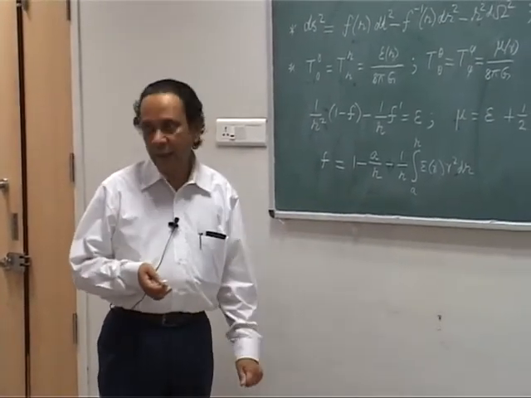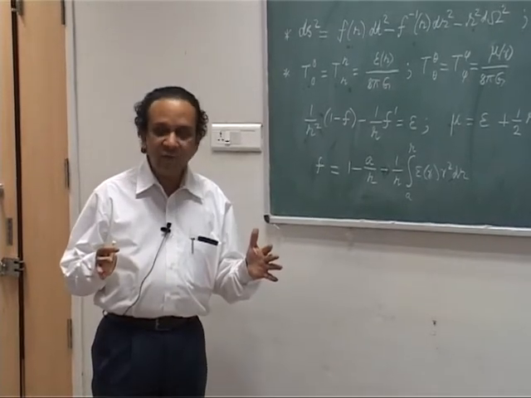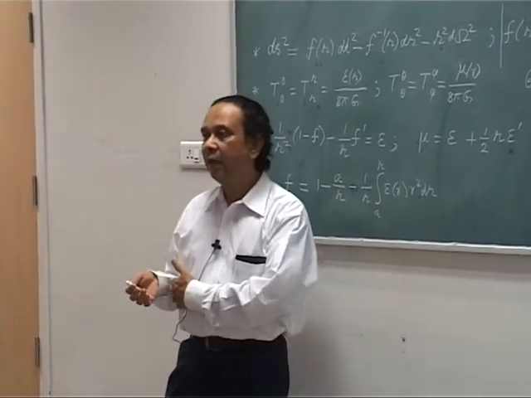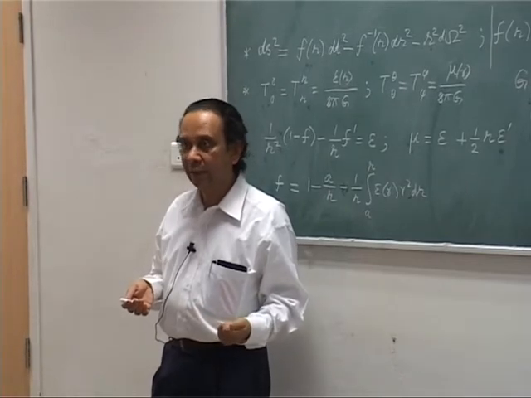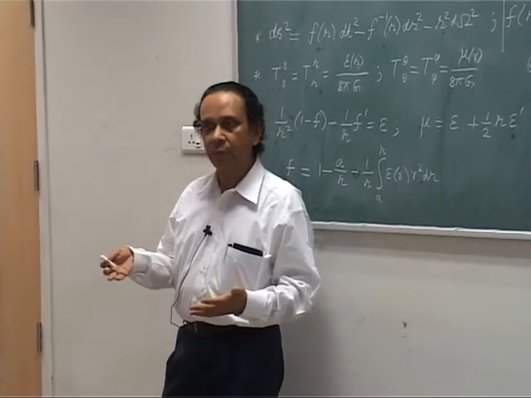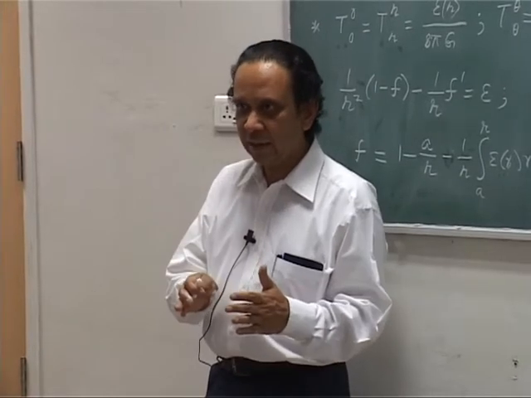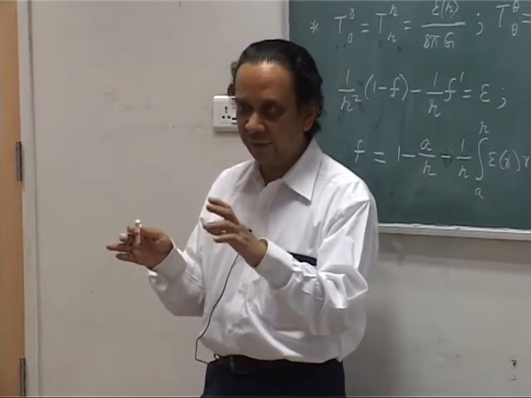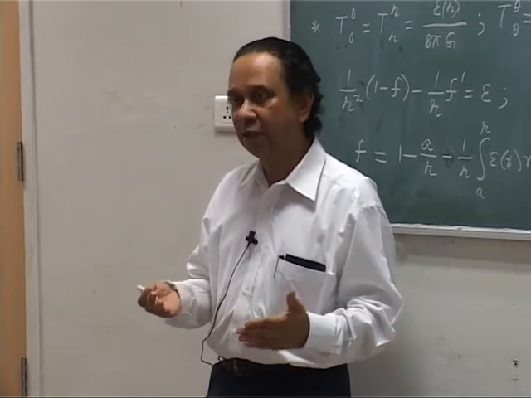Another solution which you can have, which is also quite remarkable, is the metric due to a charged particle. The particle which we studied is just a mass particle at the origin. Now suppose I have a charged particle at the origin. In Newtonian theory the gravitational field does not care about the charge, it is still equal to minus GM by r. But in Einstein's theory it is different, because a charged particle is going to produce an electric field outside. You have a charged particle at rest, so there is an electric field outside which goes as q by r square.